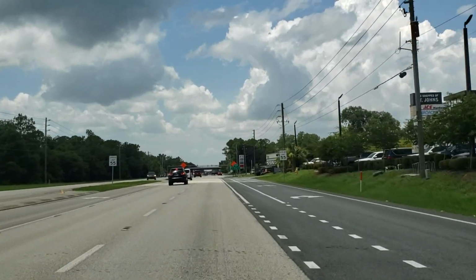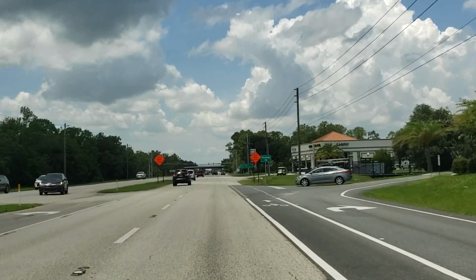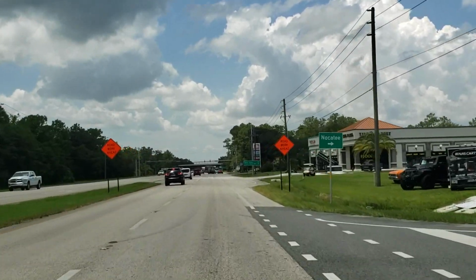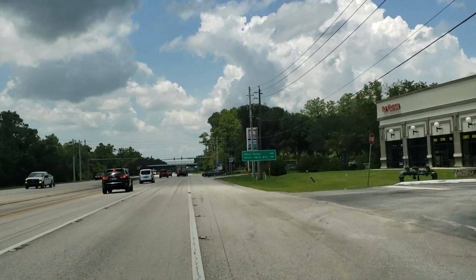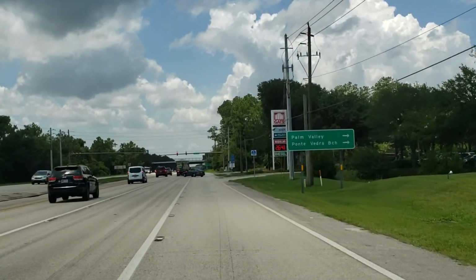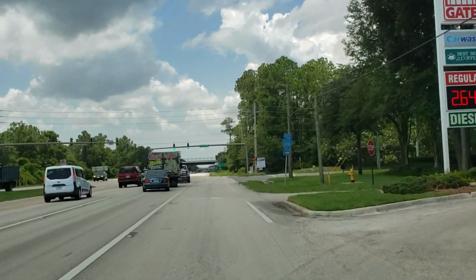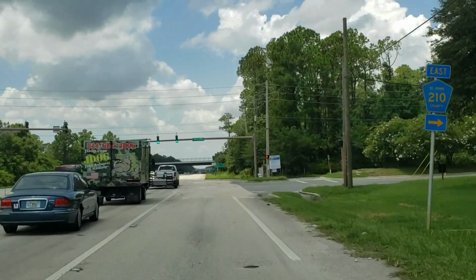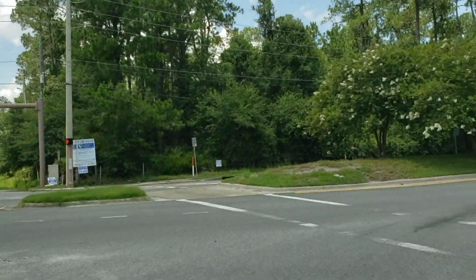Had a customer ask about Nocatee and its proximity to certain things, and so really quick, to the right on the plaza we just passed, that's where Ace Hardware is. There's a Mexican restaurant, barbecue restaurant, golf store, pizza restaurant, stuff like that. Service station, gas station right here, and we're actually going north on Phillips Highway, and now making a right on